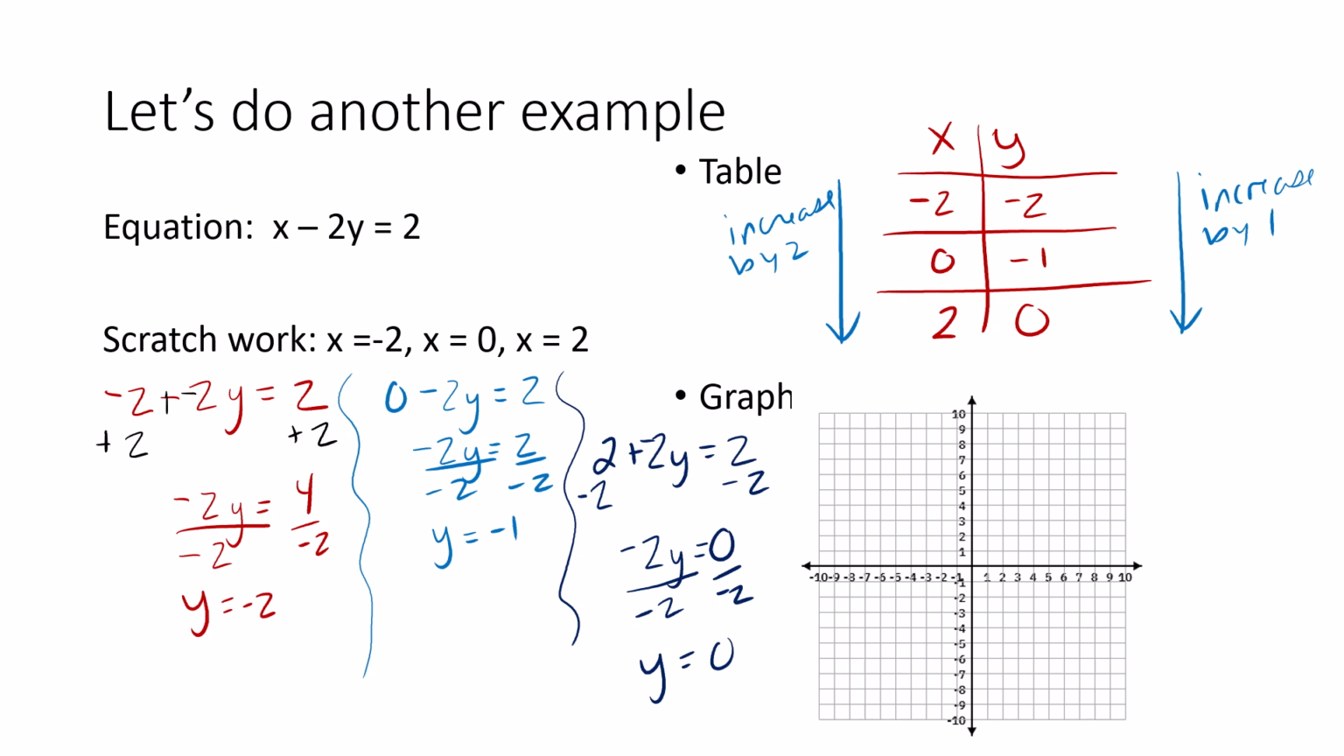Then on our coordinate plane, we'll go ahead and plot those points. So negative 2 is a dot right there. 0, negative 1 puts me right there. And 2, 0 puts me right there. And you can see that those 3 points all line up. And so what we'll do is we'll connect them and try to make your lines go to the edge of